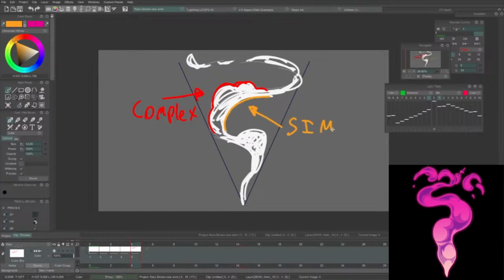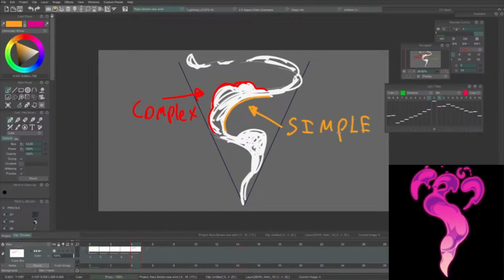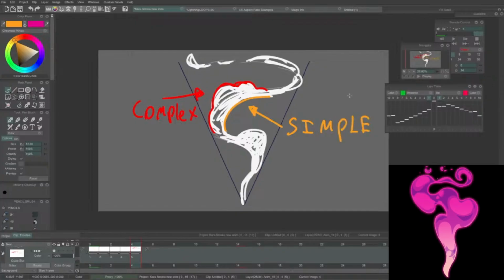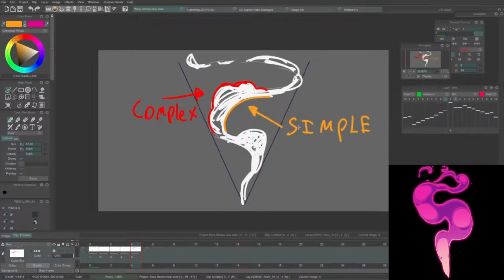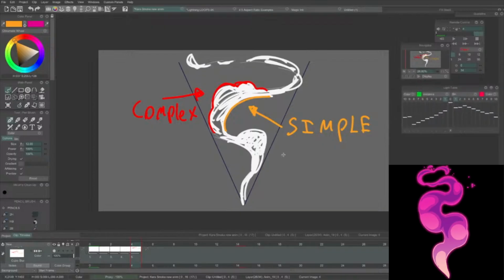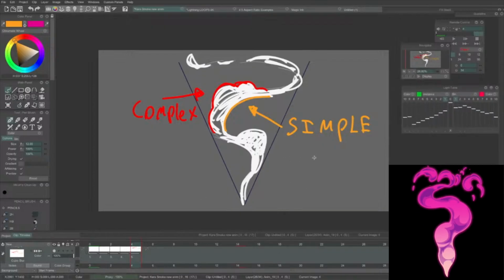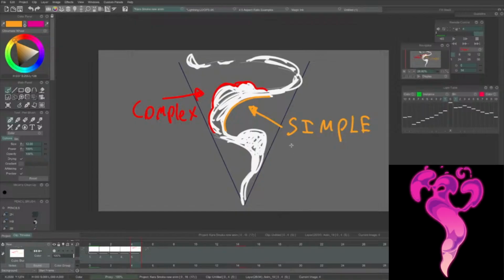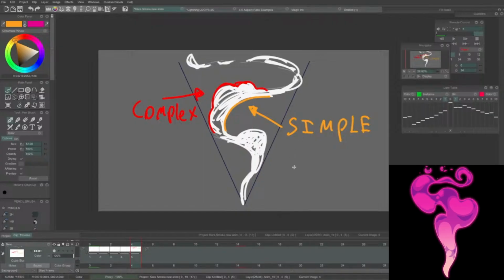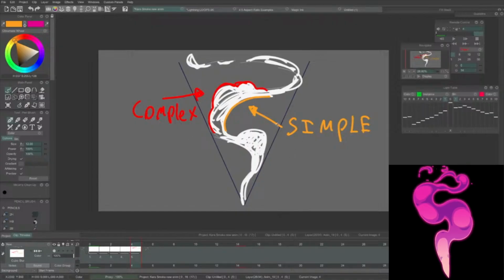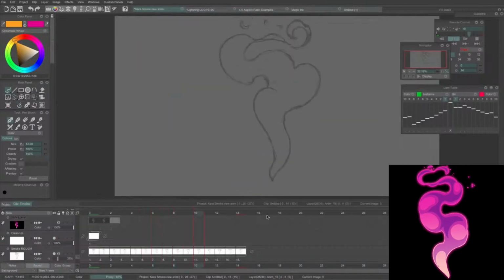So this is something to keep in mind with effects work. You don't want all the shapes to be complicated, and it becomes very confusing on what you're actually looking at. You might not also want everything to be super simple unless you're doing a really simple style. So it's good to contrast complex against simple. You can see